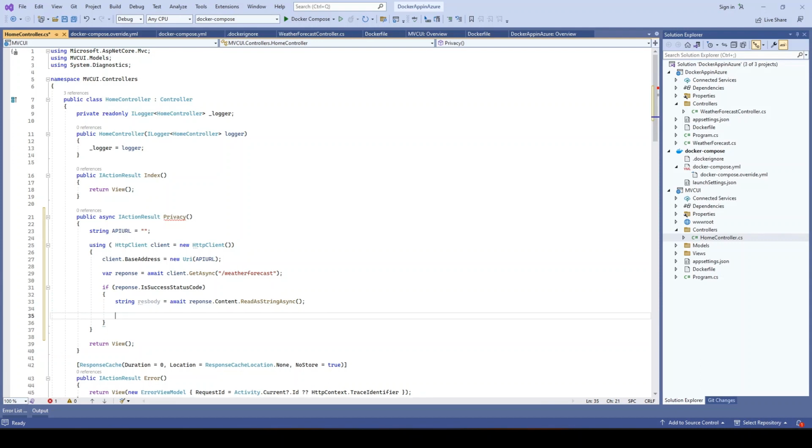Yes, and then what I'll do, very important, this is the MVC thing, ViewBag dot message is equal to response. Okay, and if there is error,